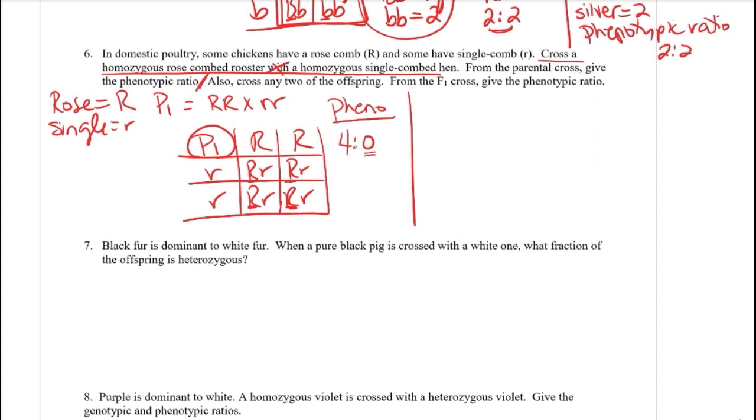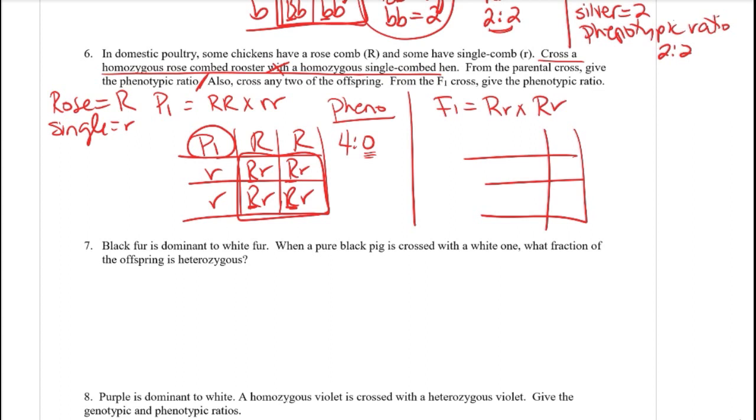Yes, you do need to put a 0 afterwards to show that it is in ratio format. Now, for the second half of the problem, it tells me to cross any 2 offspring. All 4 offspring are the same. So this is my F1, so I can choose any two, heterozygous for both. Now I make my Punnett square, and again I'm going to go ahead and label this F1,